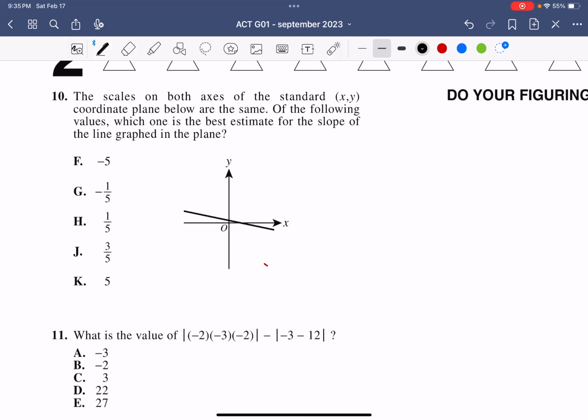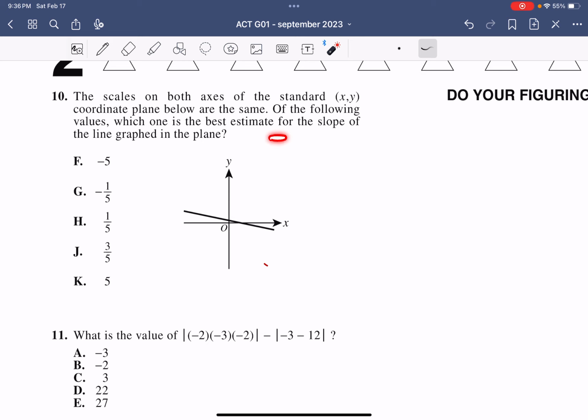Question 10. The scales on both axes of the standard xy coordinate plane below are the same. Of the following values, which one is the best estimate for the slope of the line graphed in the plane? So if you recall, a line that has a slope of 0 is completely horizontal, and any line that kind